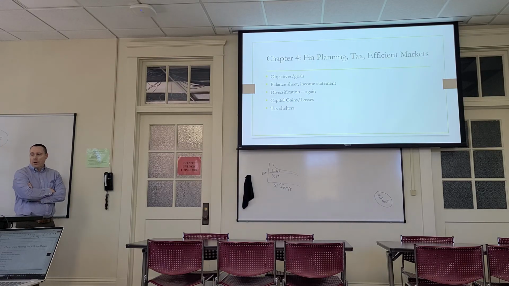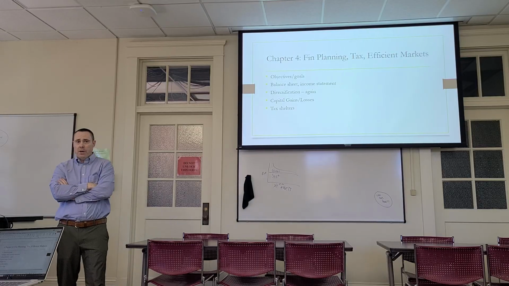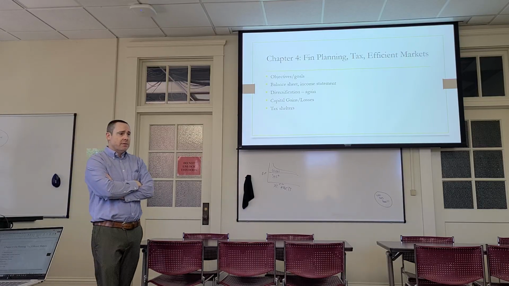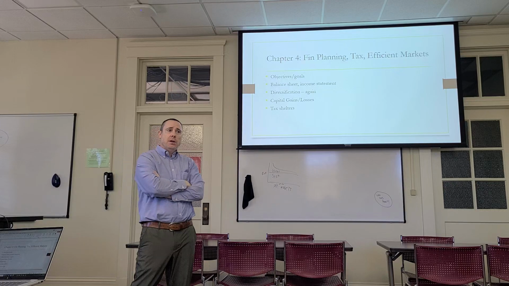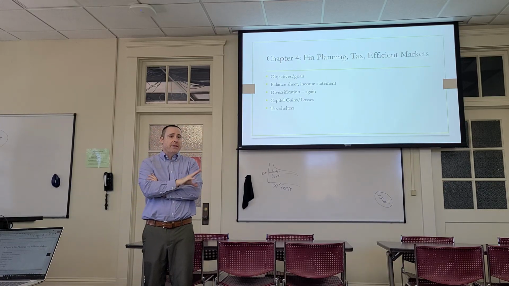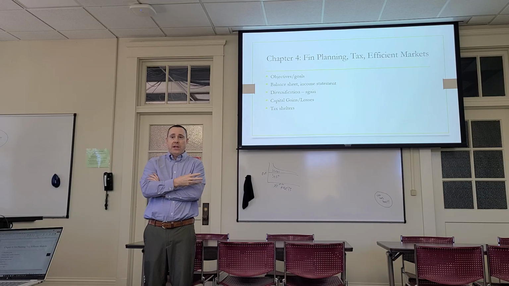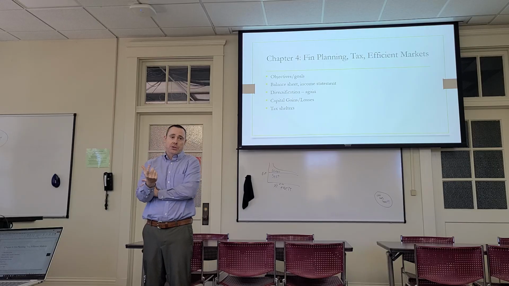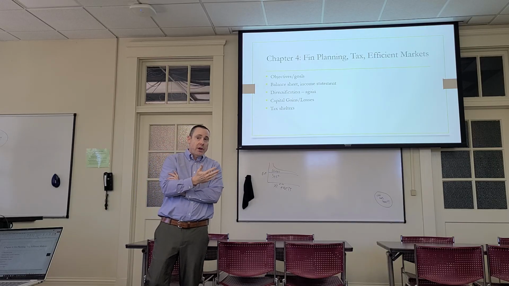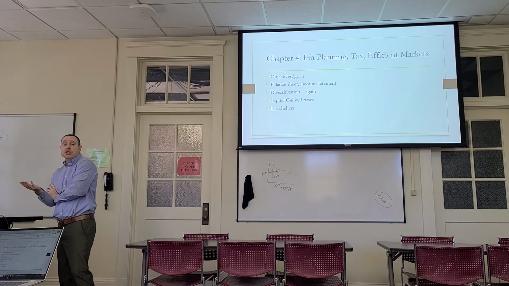Okay, so for whatever the household is that you're working with, they're going to have different objectives. They want to retire in 10 years, or they are 40 years away from retirement. Wherever they're at in their life cycle, what are their goals for retirement? Do they want to travel the world? Do they want to downsize? Do they want to move to be closer to grandkids? So wherever they're at in the life cycle, they may have different objectives, and these can change.